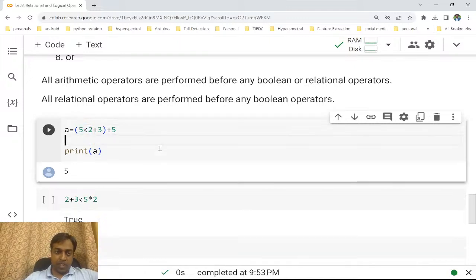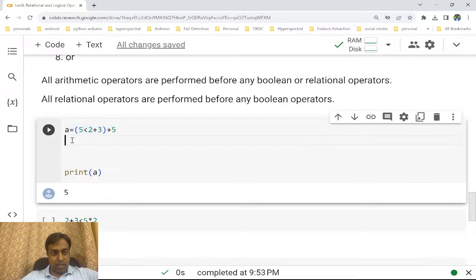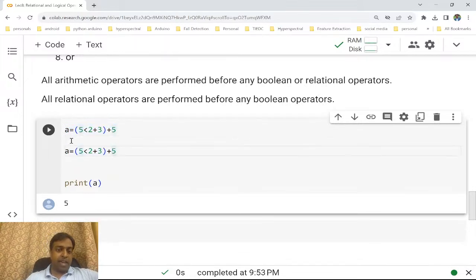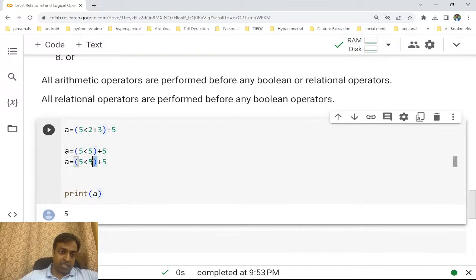So over here, as per the priority order, it is first going to execute this plus, right? Because the arithmetic operators will be given the priority. So the answer will become 5, right? Now this will be compared. Why this? Why not this plus? Because this bracket will be given more priority than the plus. So after getting this, the interpreter will evaluate this. Now the answer to this, 5 less than 5,